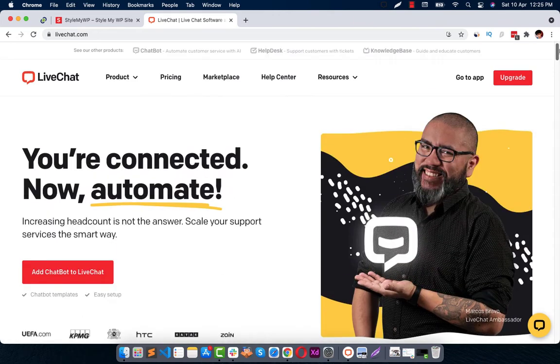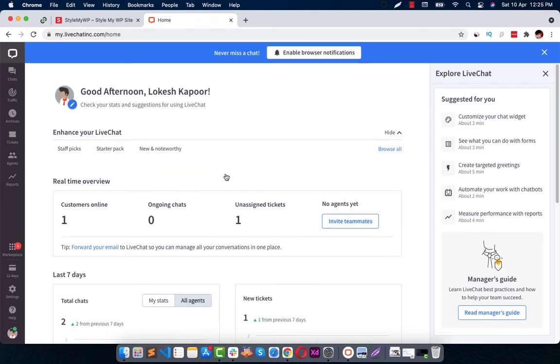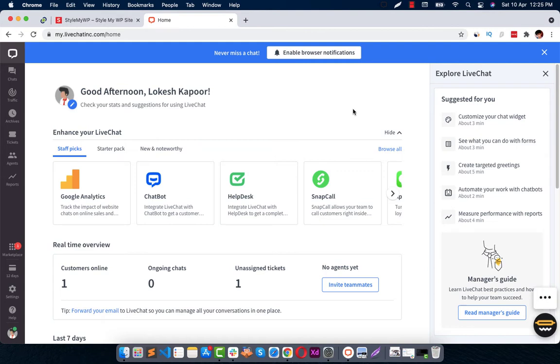So let me show you how you can set this up on your website. I am seeing this go to app button because I have logged in. If you have not logged in, you will need to register on the website. Just register, then you will be able to log into a dashboard like this. When logged in, you may not see this window because I have already set this up on my website. That's why I'm just getting this dashboard, and you may find it not this way. You may find some checkboxes here to customize all these things.